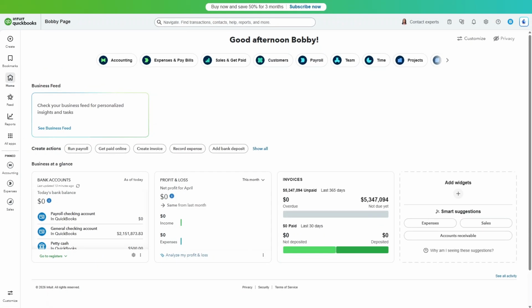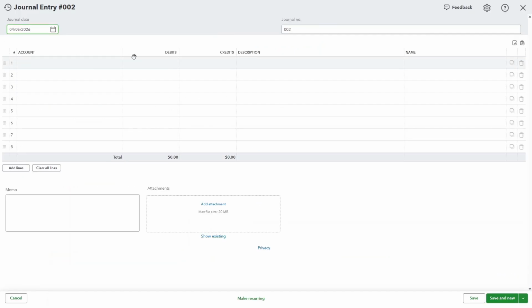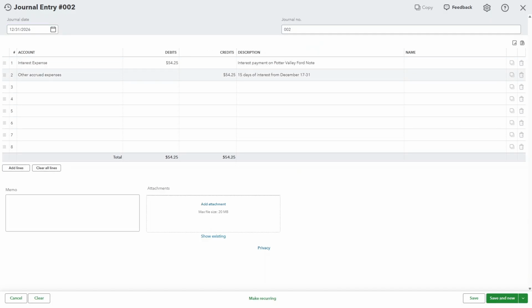Starting off with our month-end procedures, we will create a compound journal entry to record all of our adjustment entries. So to do this, go to Create, and then go to Journal Entry, and now you can get started creating your adjustment entries. Our first adjustment entry consists of a $54.25 interest payment on the Potter Valley Ford note, and this is for 15 days of interest from December 17th